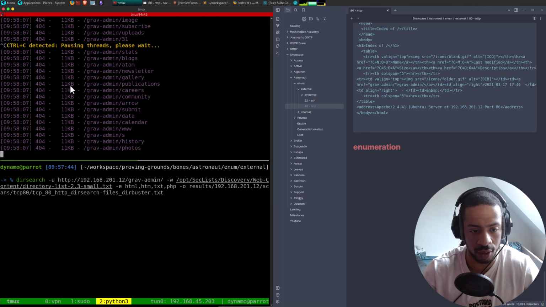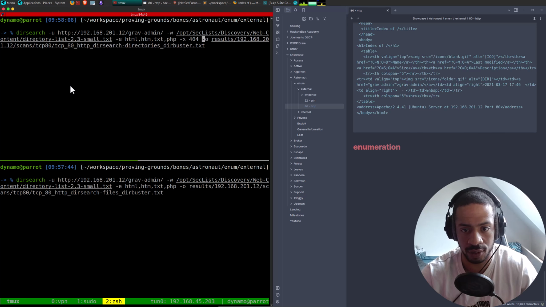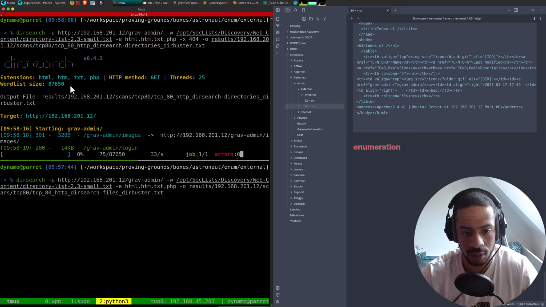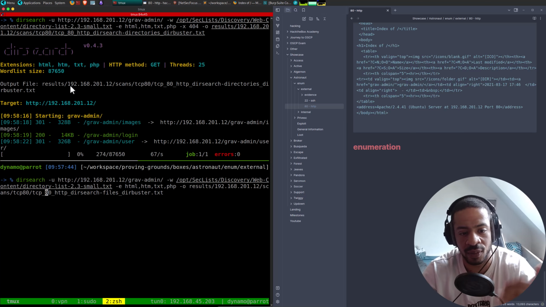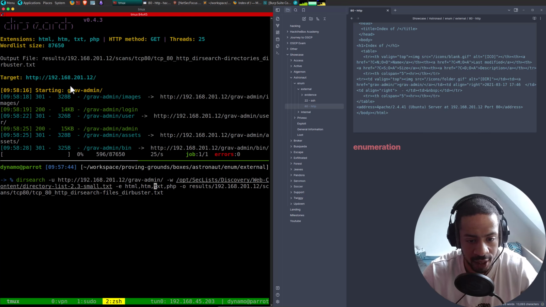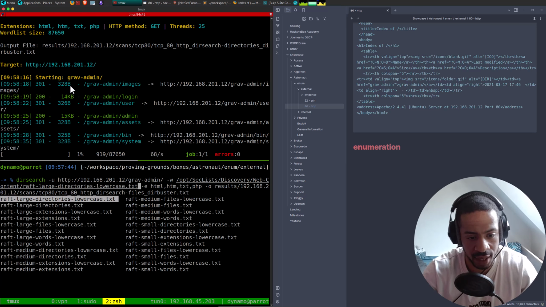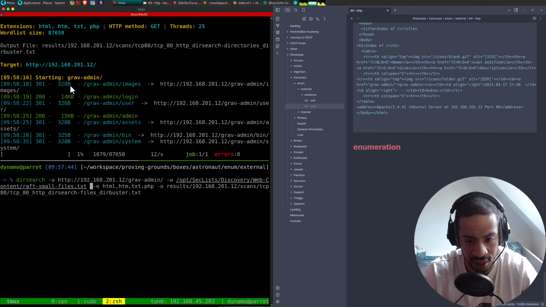Oh, okay, no, we're not doing that. Let's do -x 404. There you go. So the -x excludes anything that gives me a response 404. So files, let's take raft, and then we'll take the small files like that.